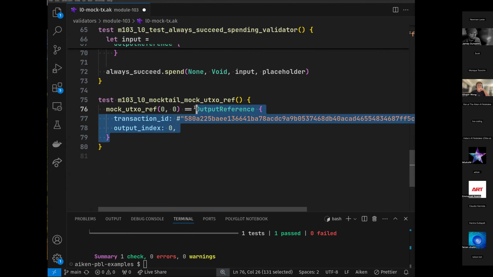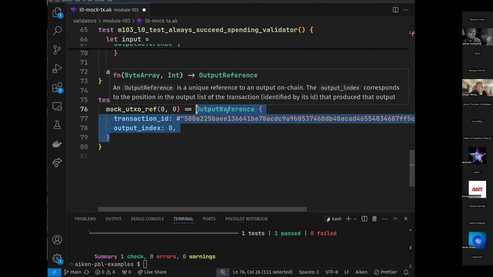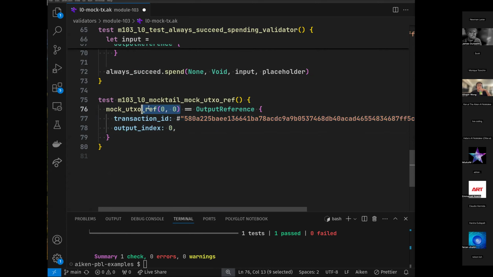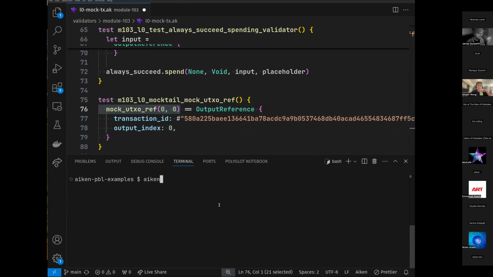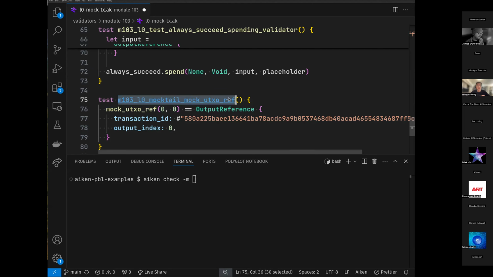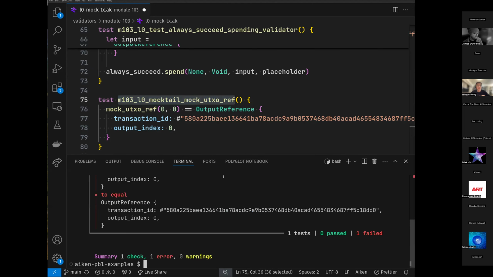One, with the built-in Aiken output reference, I can always construct this thing. Or because I'm going to be using UTXO refs frequently, mocktail makes it even more convenient. Just less keystrokes to write it this way than to write out all of this. So this is provided as a convenience. And what the test shows us, aiken check dash M, is that these two things are equivalent to each other because, oh